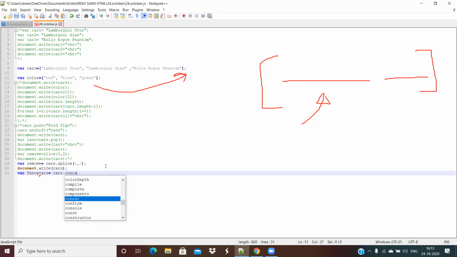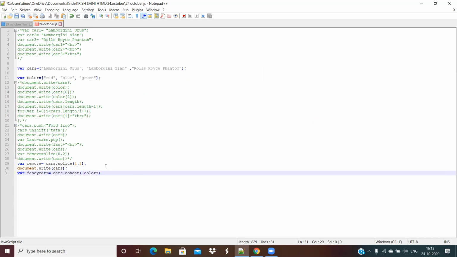And in the bracket, you will just give the name of the next array, which is color. So you want to concatenate both of them, right?